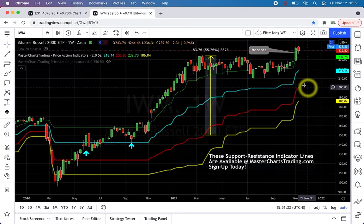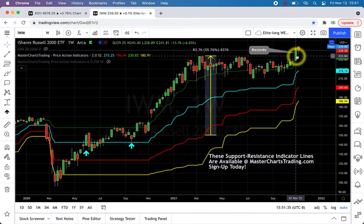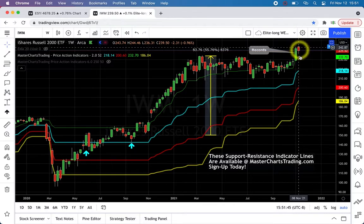Big news, of course, last week, the week of the 1st of November, we saw a breakout for small caps, IWM, at new all-time records. We made another all-time record high this week. So again, this is very good news because it shows broad participation. Looking at this chart in particular,